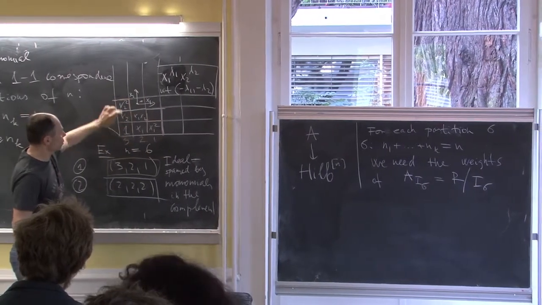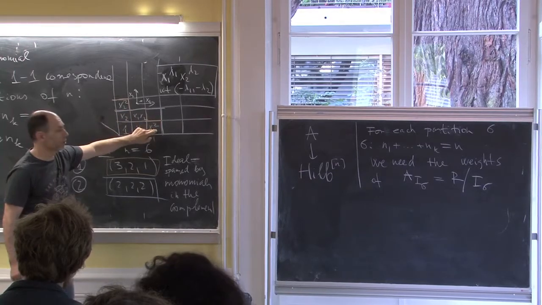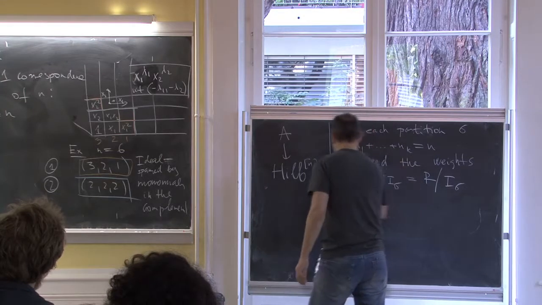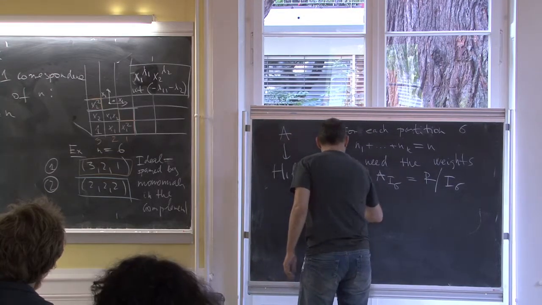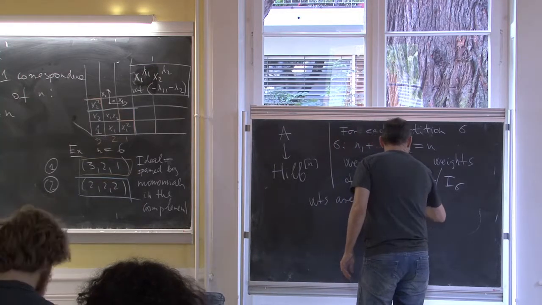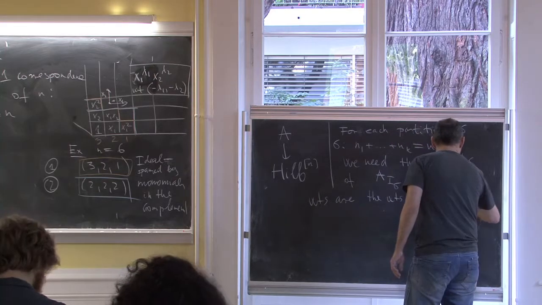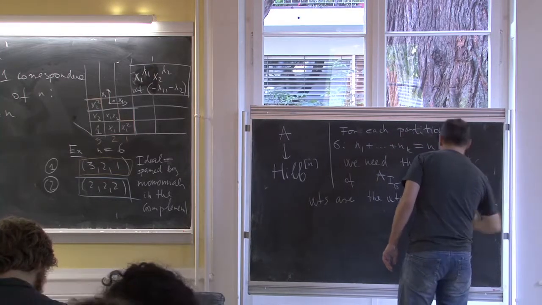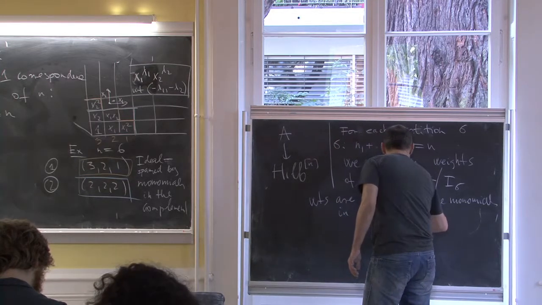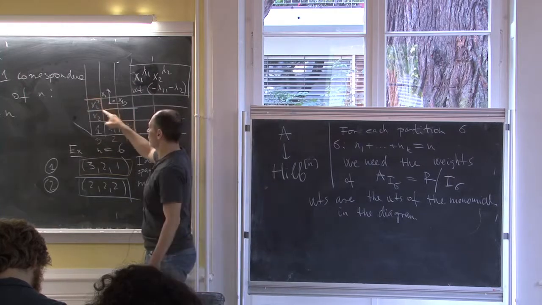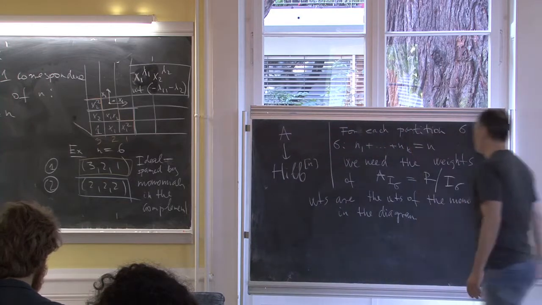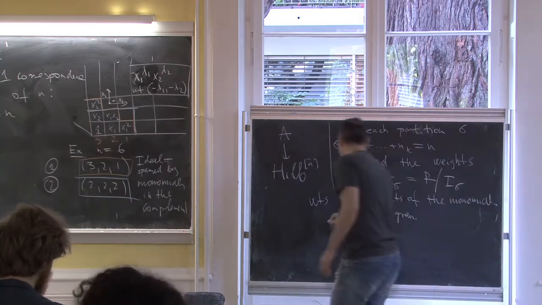1. So what are the weights? Are just the weights of the monomials that you see here. So the weights are the weights of the monomials in the diagram. So by diagram, I mean the marked part. This blue part is a diagram, and this is the complement of the diagram. Okay? So in particular, for example, for 3, 2, 1,